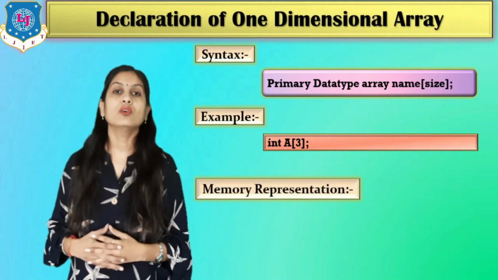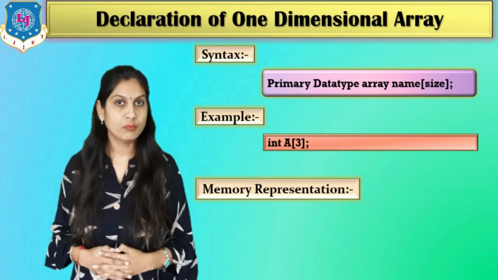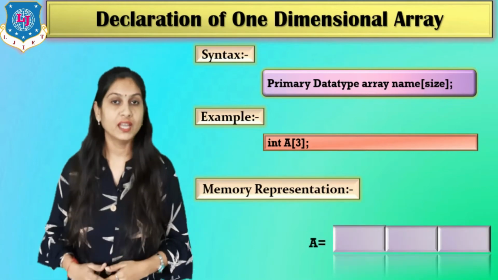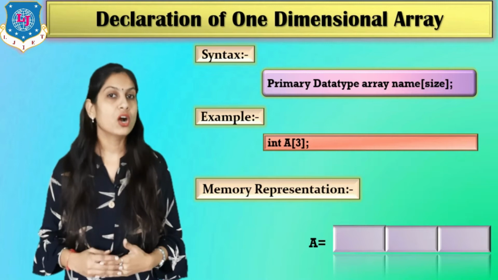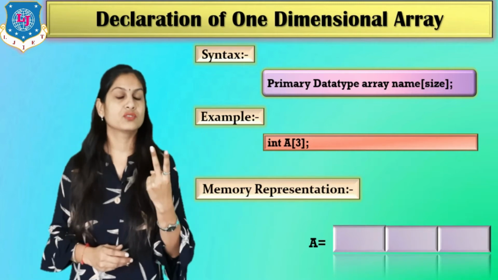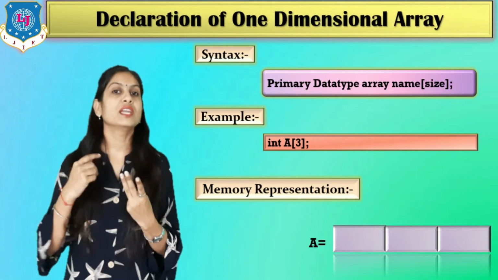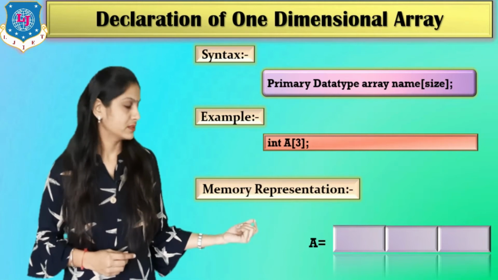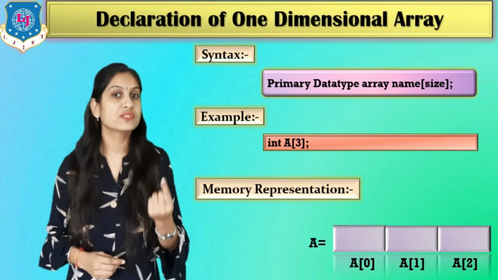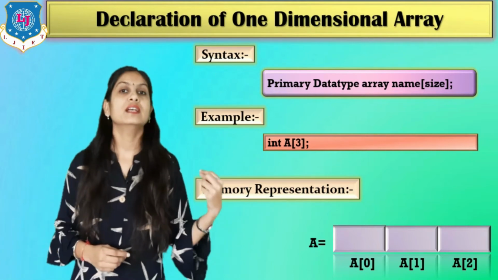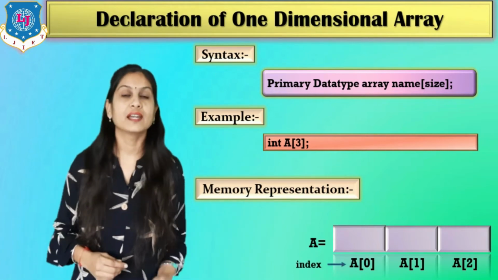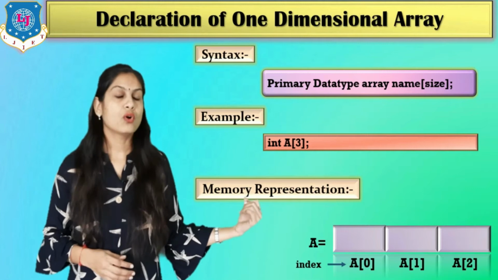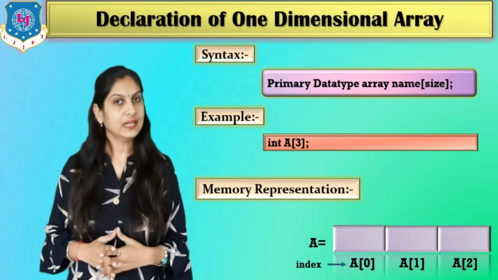Then see here how the memory will be occupied for this syntax. So whenever I am writing this line just like integer A of 3, then total 6 bytes of data will be occupied, because integer occupies 2 bytes and there are 3 elements. So 3 into 2, how many? 6 bytes will be occupied and 2 bytes for a single variable. So the first is A of 0, that is the first element, then A of 1, second element, and A of 2. Likewise you can store multiple values with a single name, that is A. So all the values we can access using just the index.